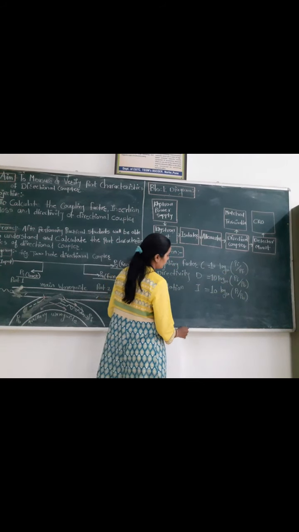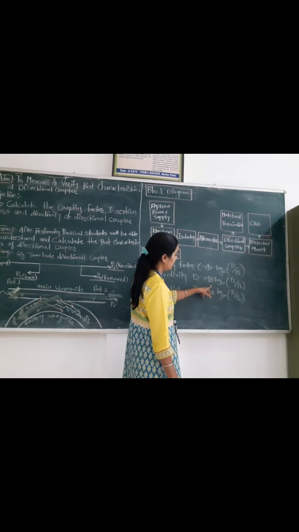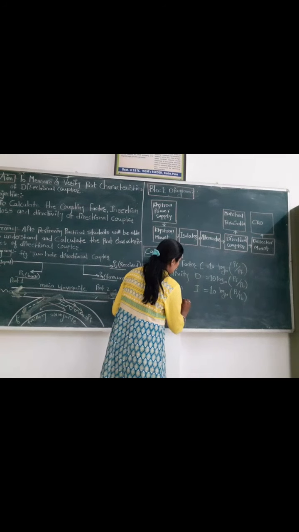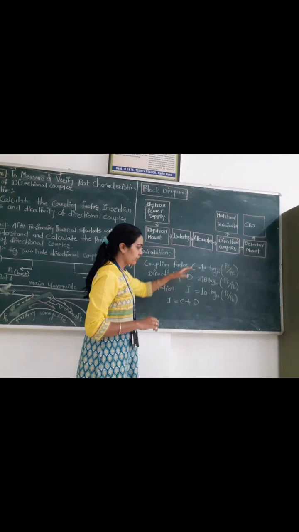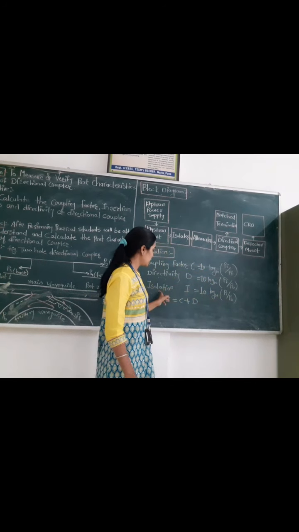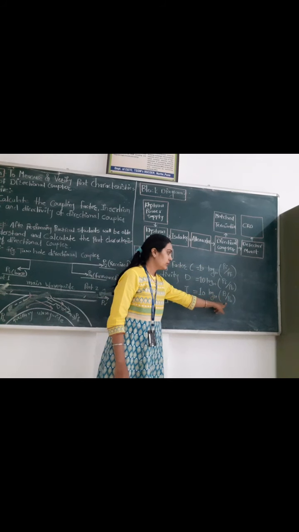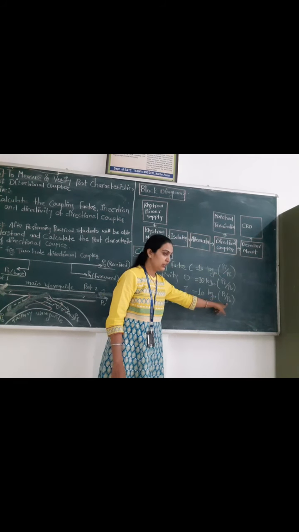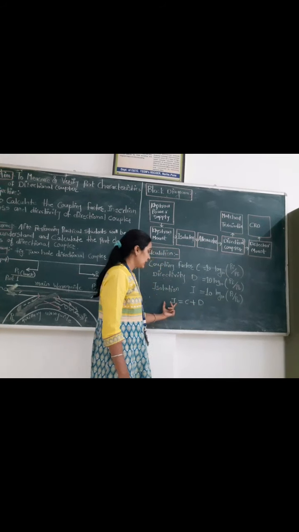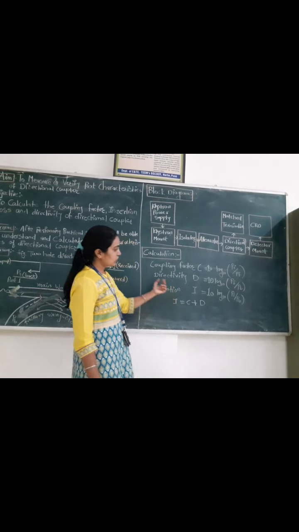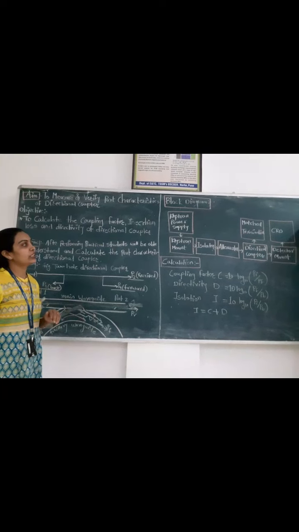Now if I take C and D, I is equal to C plus D. So here we get isolation equal to 10 log to the base 10 Pi upon Pb, that is input power upon the back power. So our ultimate aim is that the addition of these two is the isolation. So this is how we are going to perform the practical by following this block diagram.